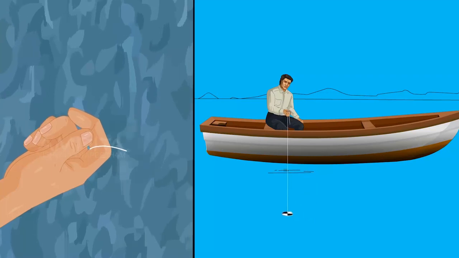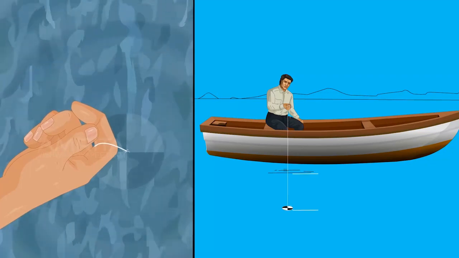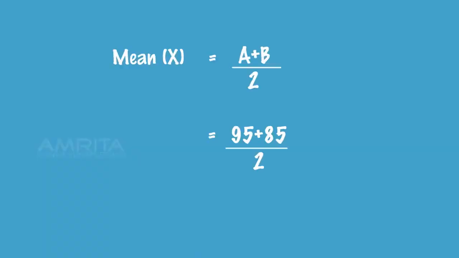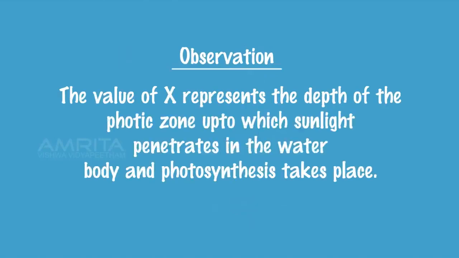Slowly pull up the disc till the black and white segments of the disc just reappear. Length of the rope where it just reappears, say B, is equal to 85 centimeters. Find out the mean length, say X centimeters, of the rope. X is equal to (A plus B) by 2, that is (95 plus 85) by 2 is equal to 90 centimeters. The value of X represents the depth of the photic zone up to which sunlight penetrates in the water